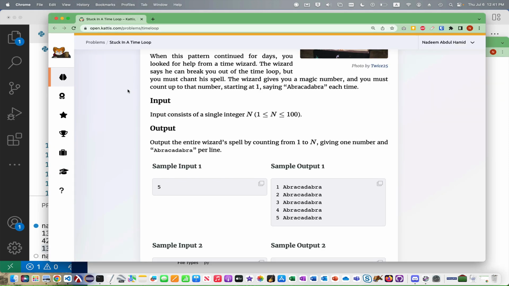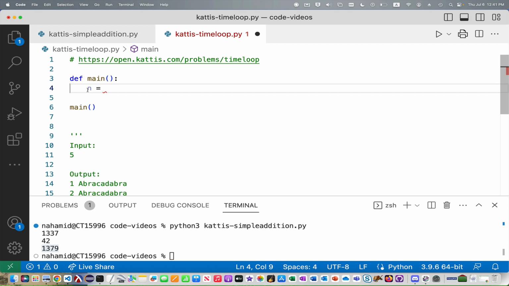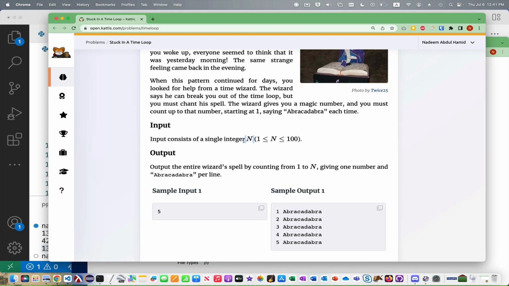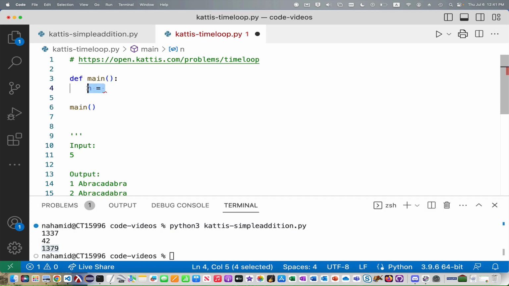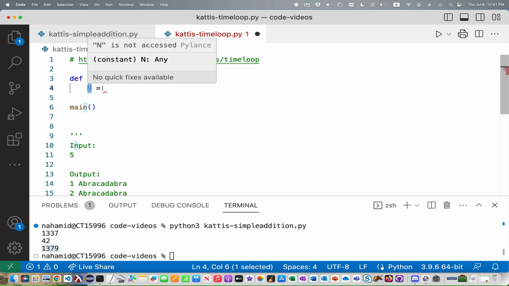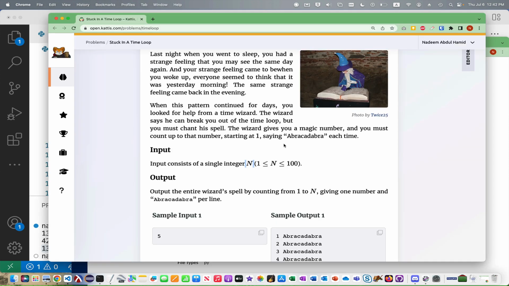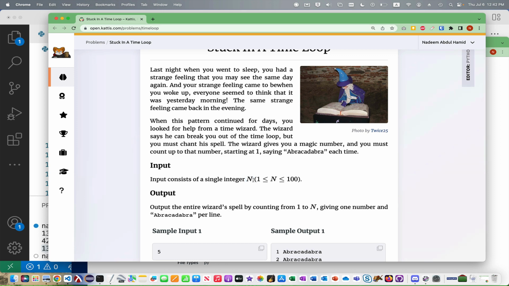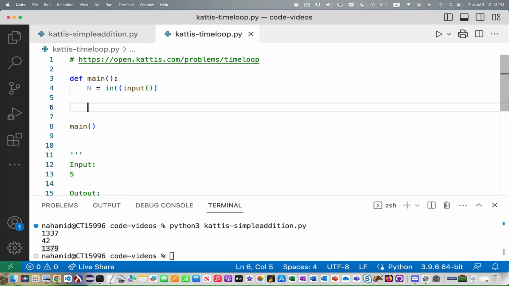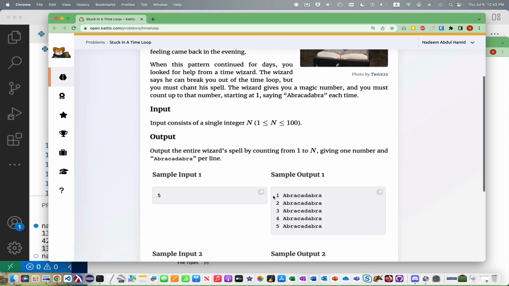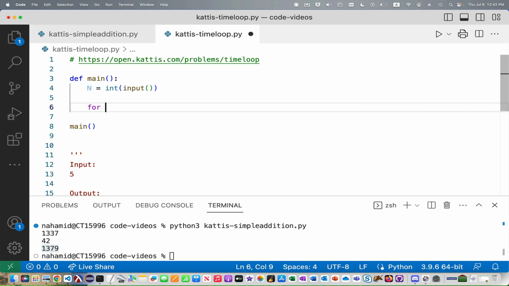So in my main, what I'll often do is use the same name for a variable if possible. If a number is given a name in the problem statement, like right here it's n, I'll try to use that same name in my code as well. I don't know about using a lowercase n, but whatever. We'll use capital N there since it's a capital N here. So we're just going to read our input, convert it to an integer. And now we need to set up a loop that loops that number of times and then prints these lines of output. Okay, so let's set up what's called a counted loop in Python,